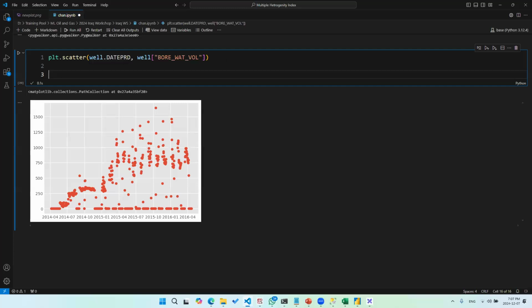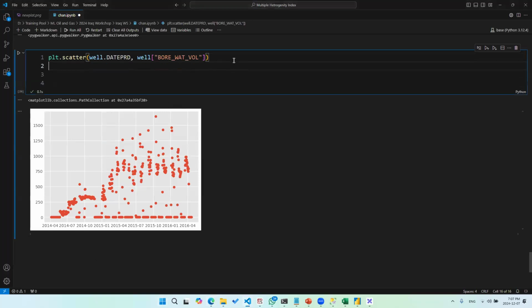Next step is to create a time series analysis that's going to predict for us how much water production we're going to have in the upcoming future, right? We can do anything we want. Okay, so let me show you. In order to make this work, we are going to create a time series analysis.